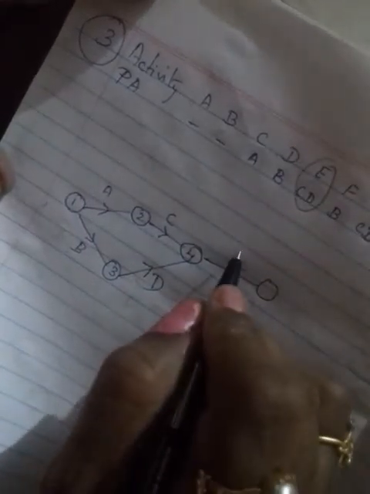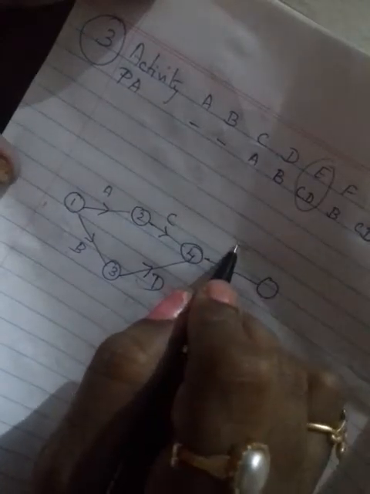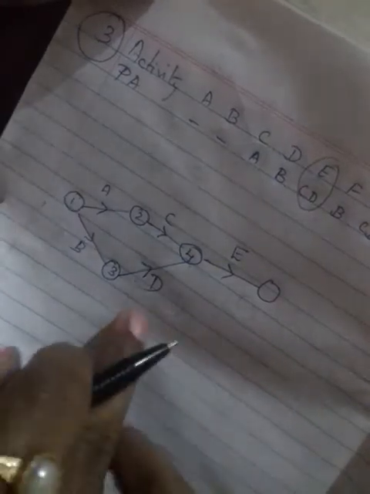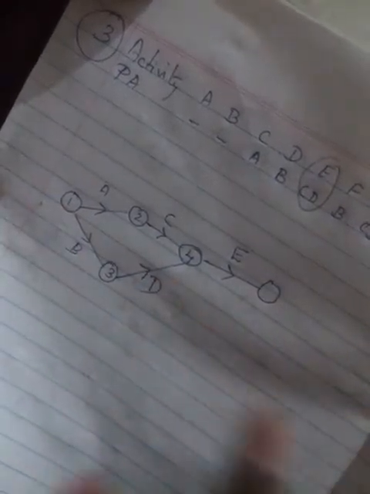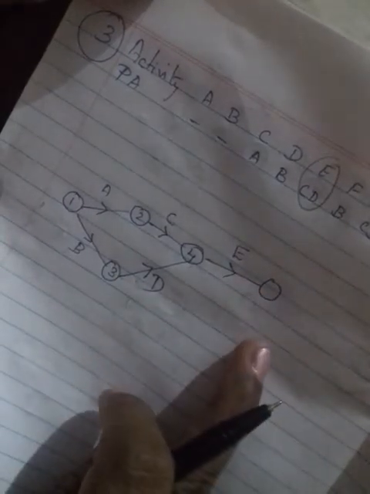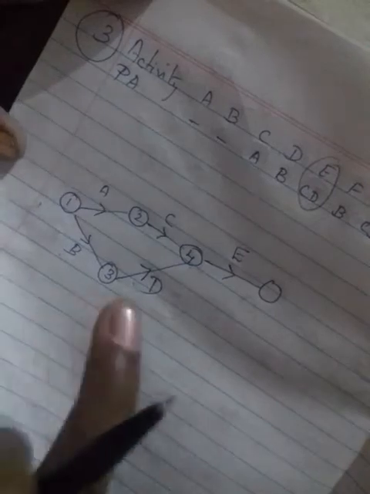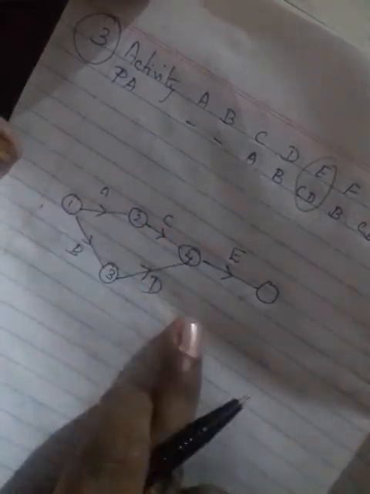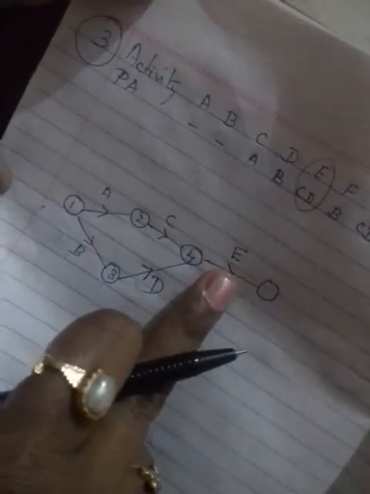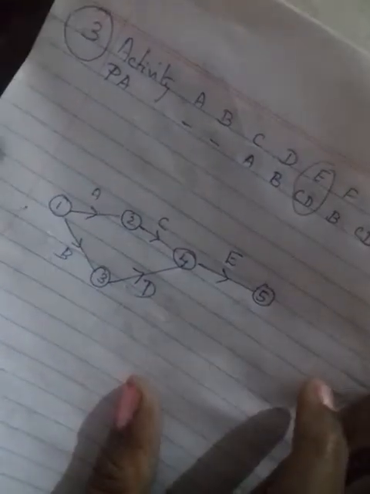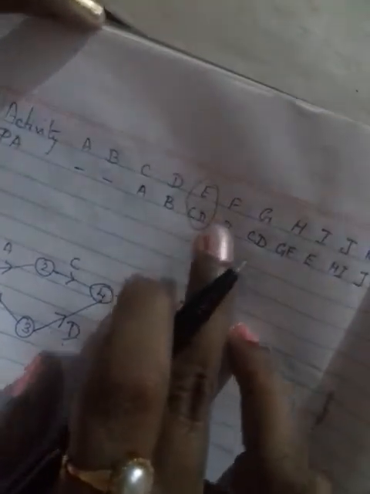I am just explaining it by using a pencil and eraser, so it will be easy for you to understand why I put it here first. I want to show that unnecessarily you should not add a dummy. That is very important. Simply you can add a dummy everywhere, but you should not. Only wherever it's necessary you have to add a dummy. Here a dummy is not necessary, that's why I rubbed it and joined here. Now C and D are the predecessors for E. So what is the node? The fourth node is over, no? So I put the fifth node here. Is it clear?